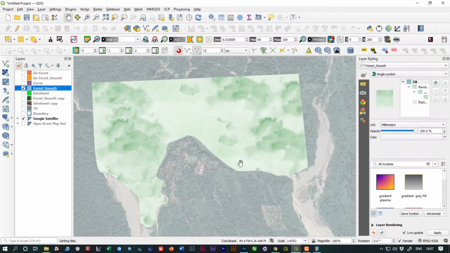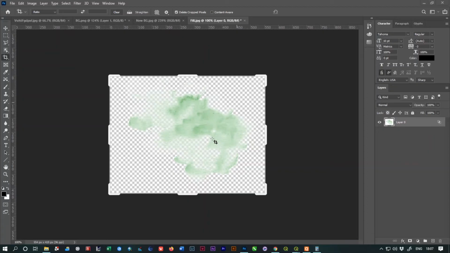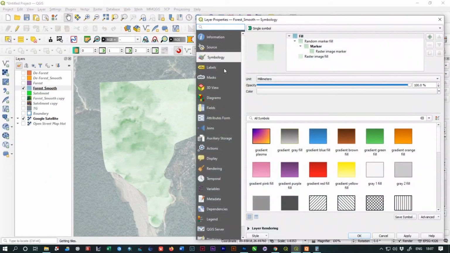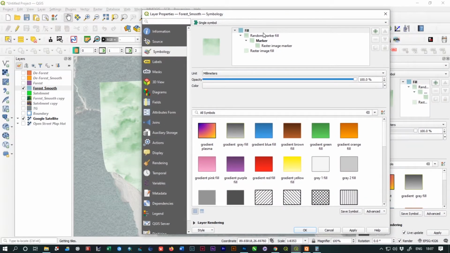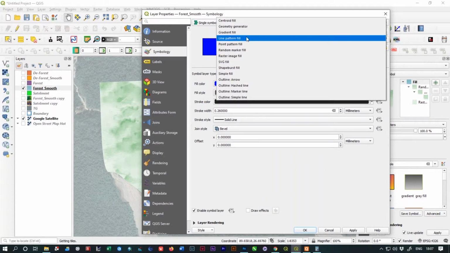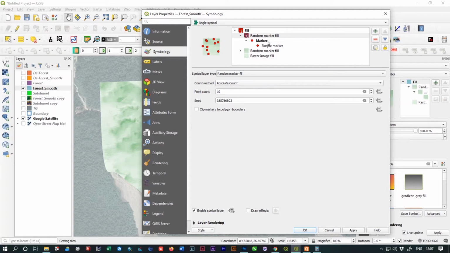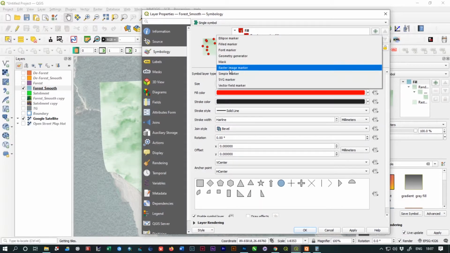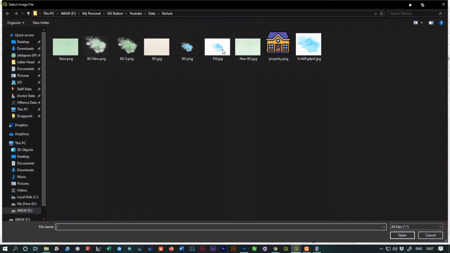Okay, it's fine now. Now we are going to add the tree markers. So same, we have to go to the symbology option, then select, then add another field by clicking over the plus icon over here, and now again go to random marker field, and go to markers, simple markers, and from here symbol layer type, from simple marker change it to raster image marker, and select the